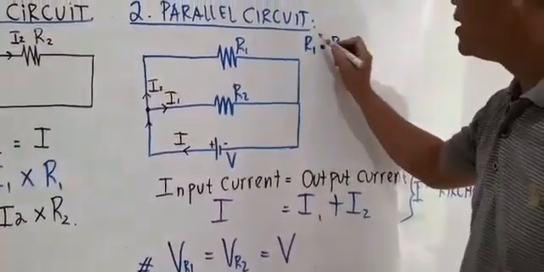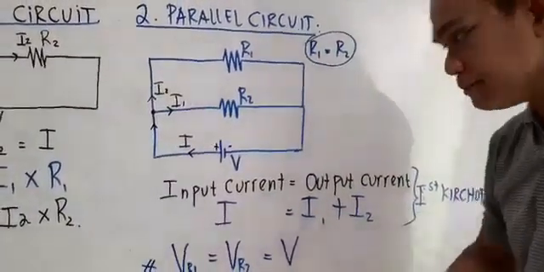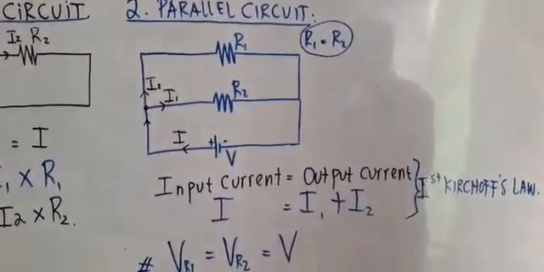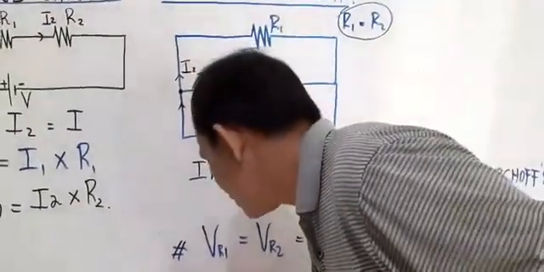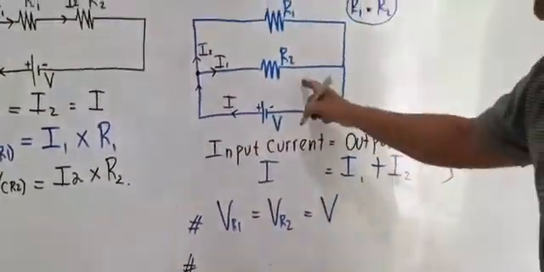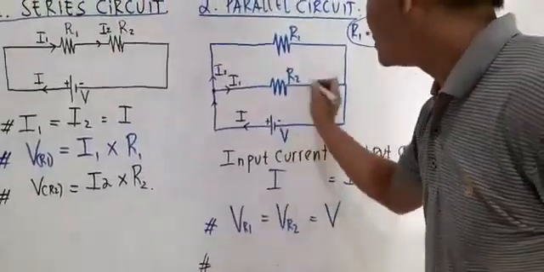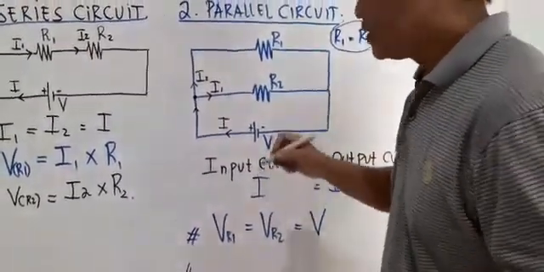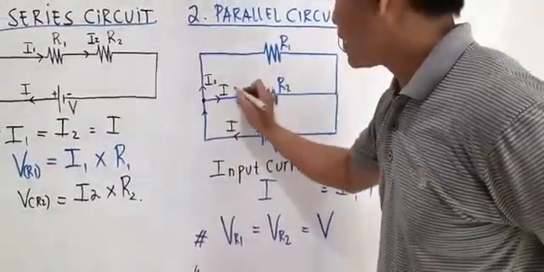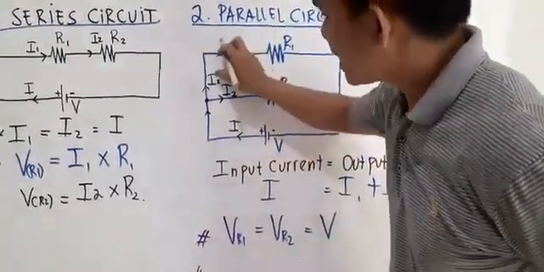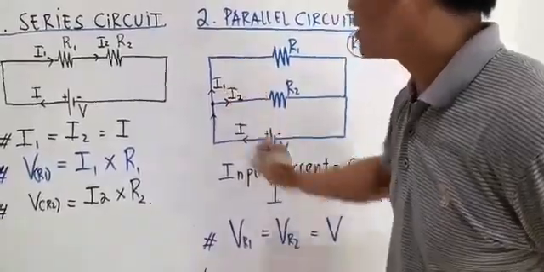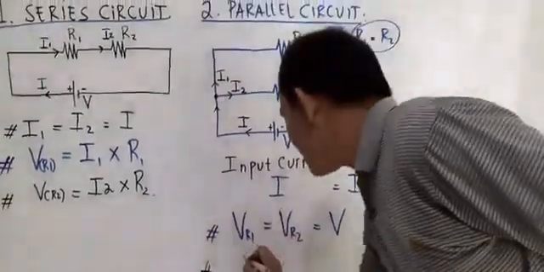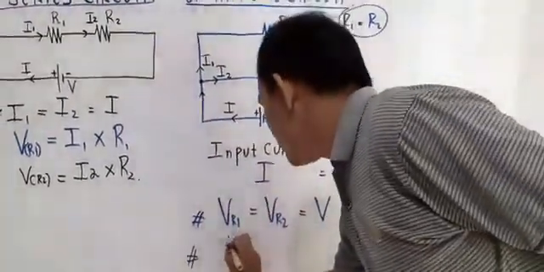But remember, this must be the same. Okay, so now what we are going to find is what is the current I1 that flows to R2. To make it easy, let's say this one is I2 and this one is I1. So what is the current in R2, which is